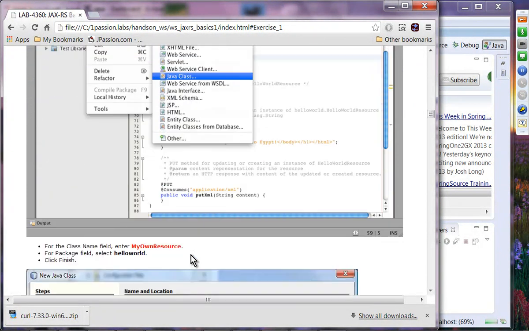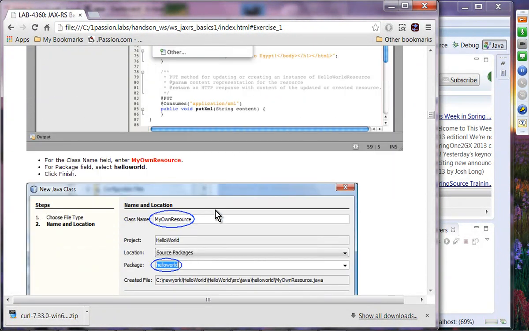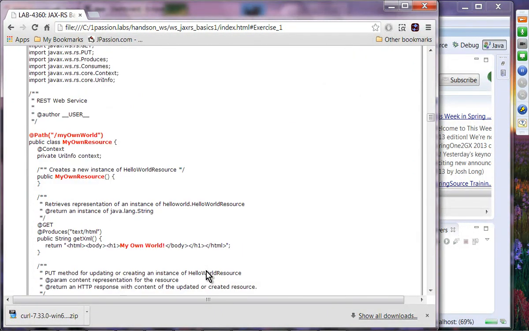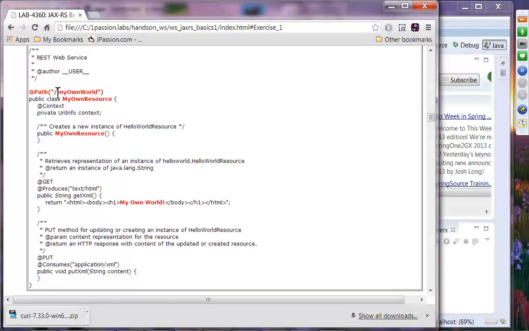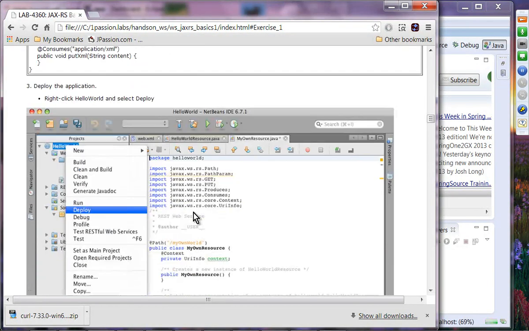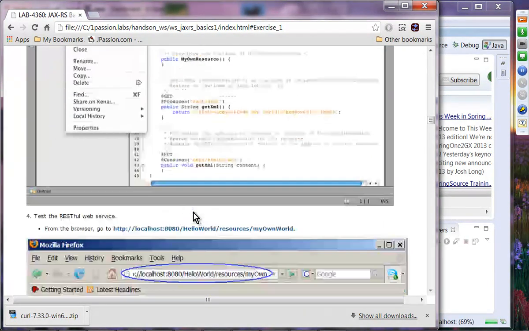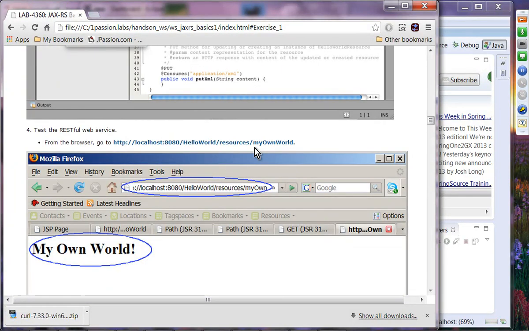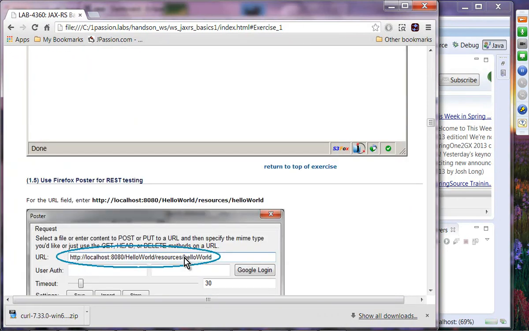So here we are going to add another class called my own resource, and the package is hello world. And basically you're going to just copy the code and provide a different URL with a different class name, of course. And here you say my own word. Okay, all right, and then you're going to deploy it again. Then you are going to be able to test by specifying my own world, and then it should display this message. Okay, on the 5, you're going to use